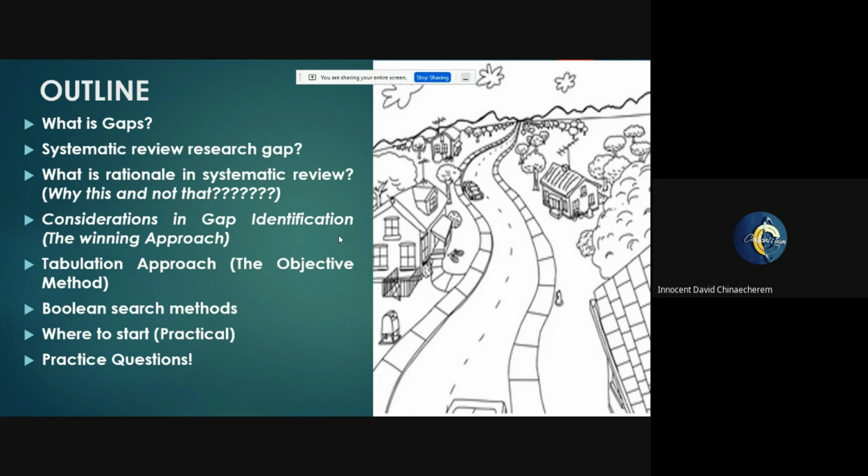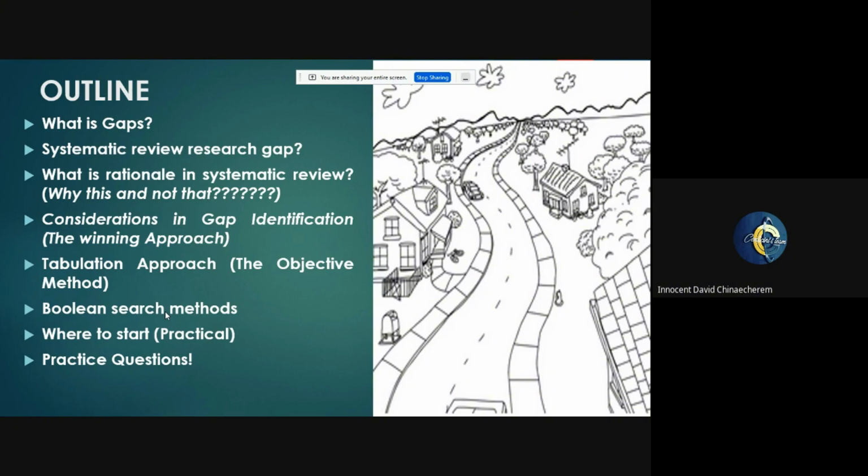You're looking at a question and you're seeing over 56,000 things that have not been done. Those are gaps in literature. So it's now all about justifying why you should address those questions. That is where rationale comes into play. And for us to identify those gaps, we need a little bit of knowledge of search strategy, because that's going to be very fundamental in identifying your gap.